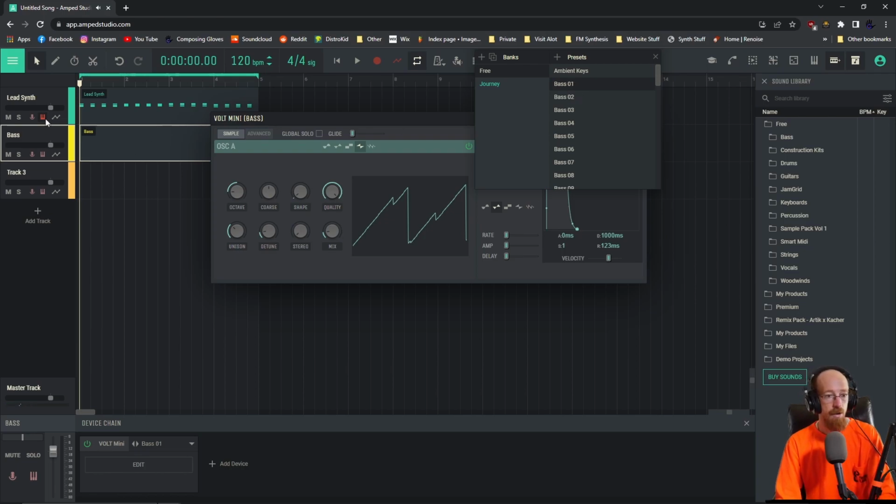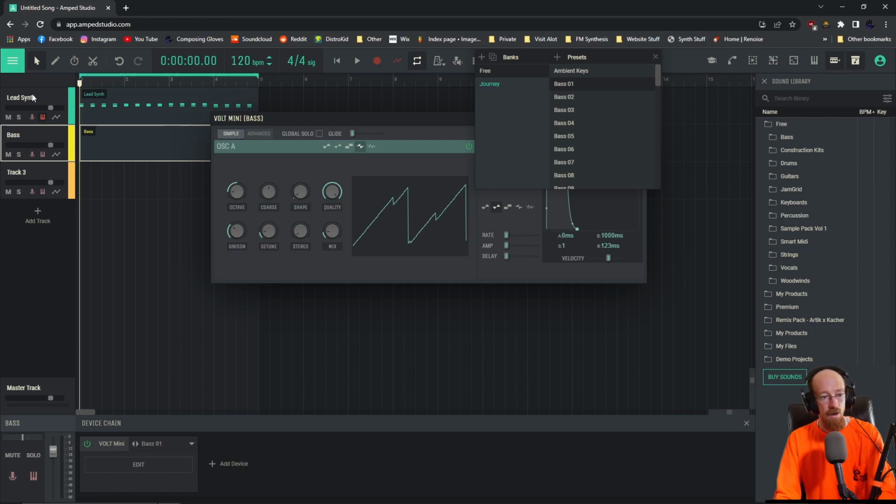And to hear the sound, this is where having a MIDI keyboard can really come in handy. But you see how right now this orange is on? That means that when I hit notes on the MIDI keyboard in front of me, which is a piano, a piece of hardware, I can connect it to my computer, and Amp Studio recognizes it. It connects through a USB. So if you have one of those, that's what I'm going to use because it makes it easy to preview